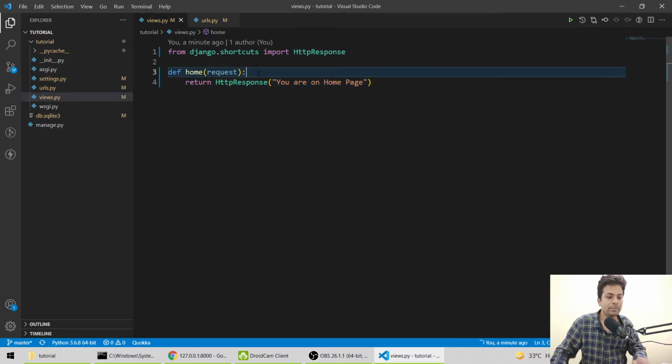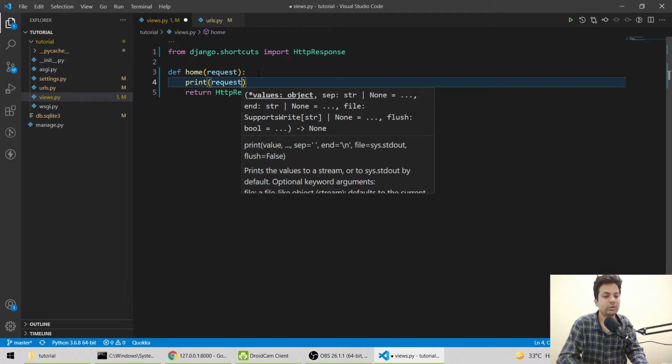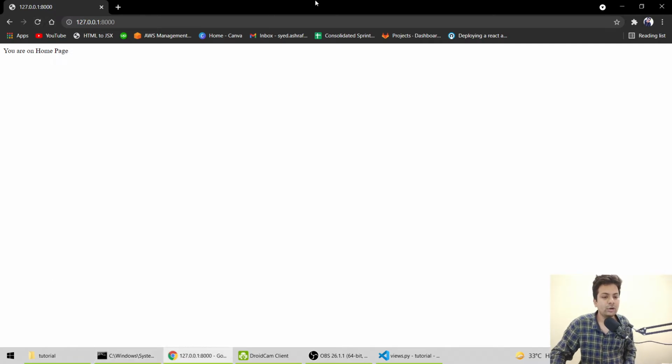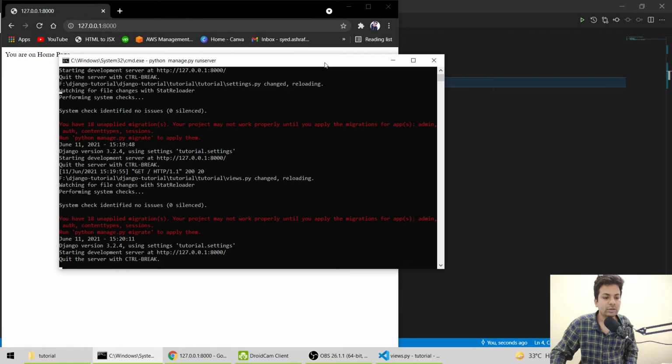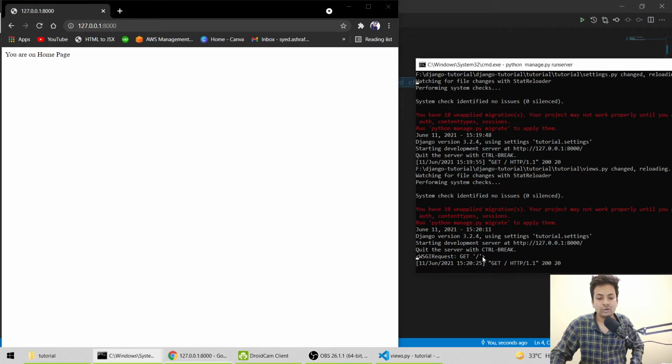So if I print the request, let me show you what request comes. If I just reload, see nothing is printed because no request came, it was the previous request that was open. Now if I reload, see a request came and it's showing a get request, so it's telling me this is a get request.